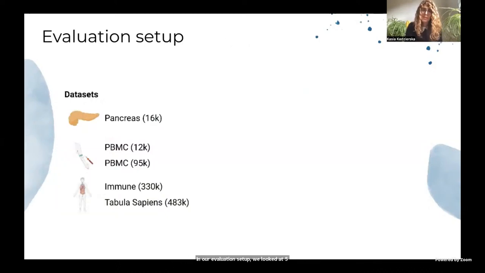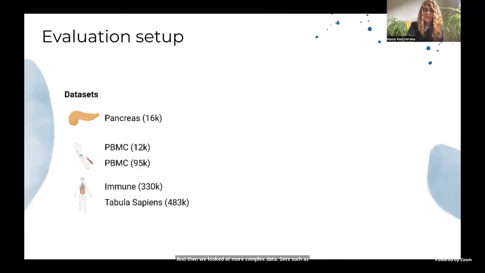We looked at the pancreas, which spans one tissue type and several batches. We also looked at PBMCs that have 1 or 2 technical batches. And then we looked at more complex datasets, such as cross-tissue immune and Tabula Sapiens, which span multiple tissues